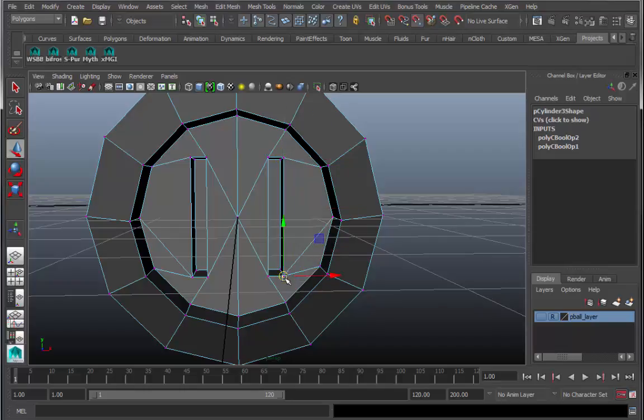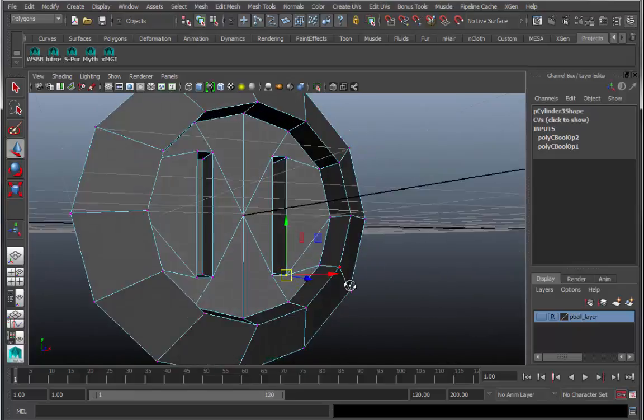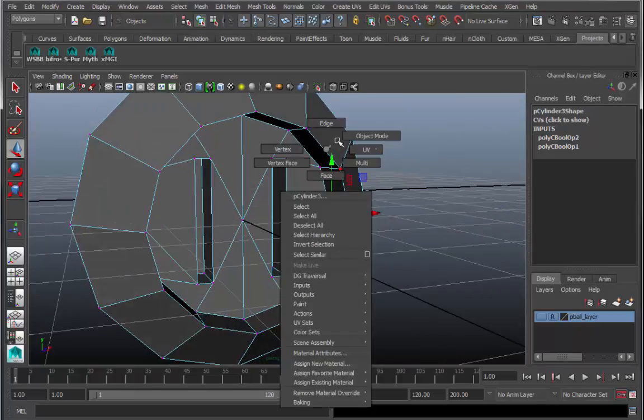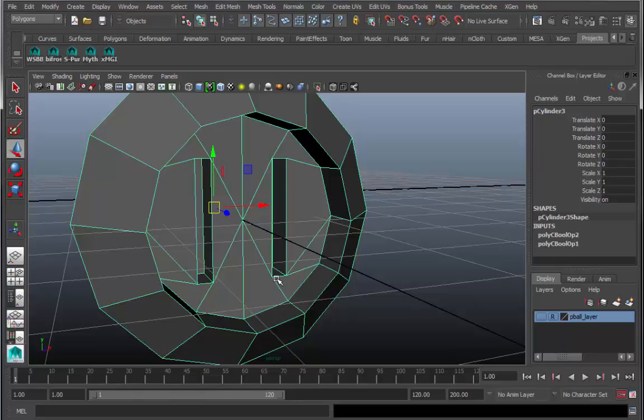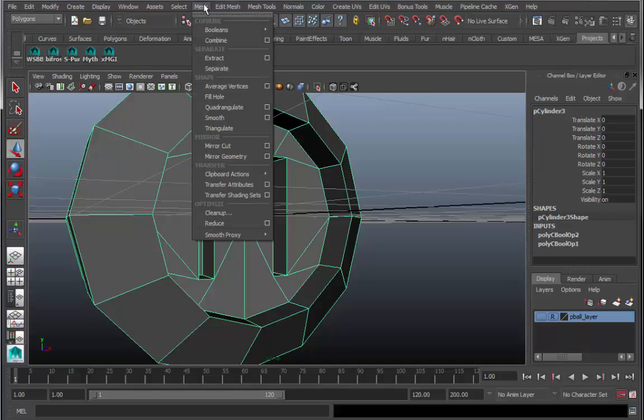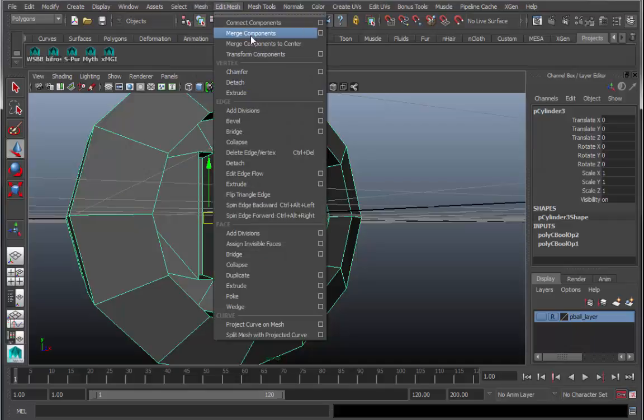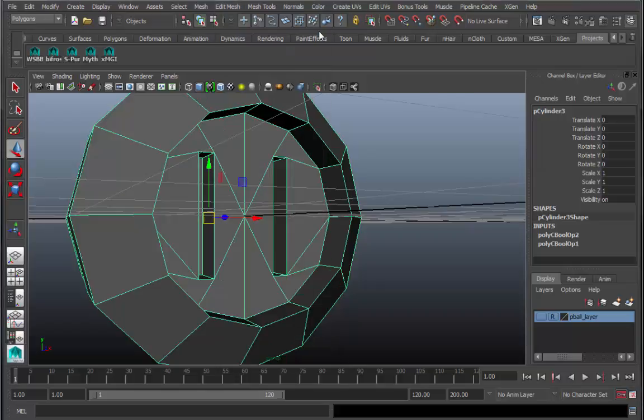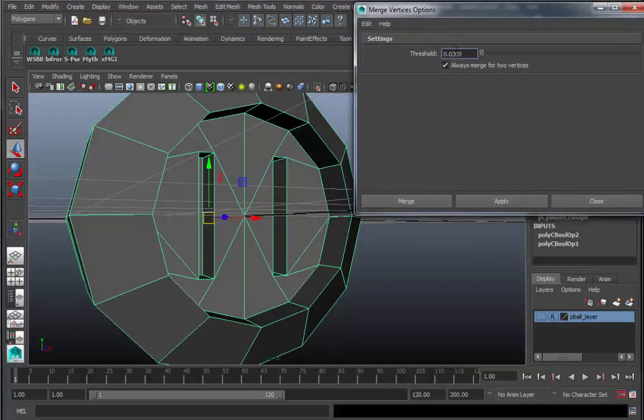So we have a series of geometric faces, just for consistency. And the vertices are resting quite literally on top of each other, and we need to resolve those by going into object selection mode, and you want to come up to edit mesh, merge components, and the options allow me to see the proximity with which vertexes and faces and edges can be next to each other before it welds them, and that's a pretty good close number, 0.03. Because I have these vertexes all pretty much occupying the same space, they should have even lower number than that. So if I now hit apply,